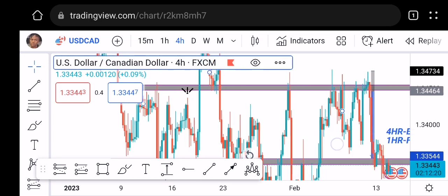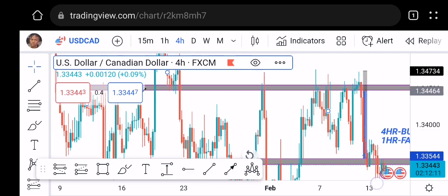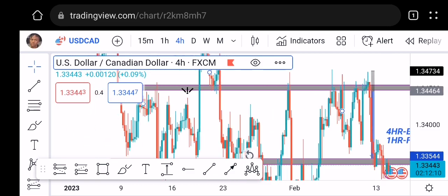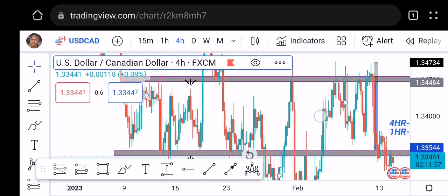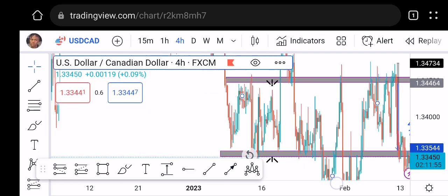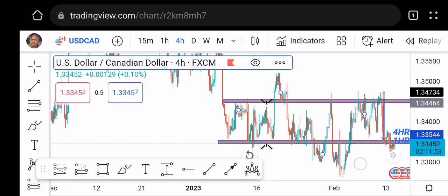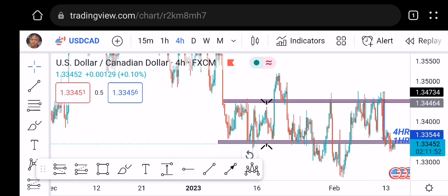You guys remember from my previous outlook, I indicated that I'd be dropping a video of how I took a regular trade on USDCAD. But this trade is not really based on how I took a trade; it's mainly based on how I simply trade support and resistance. You follow me, people? This trade is strictly based on the hourly time frame. I mean, no 4 hour, no daily.